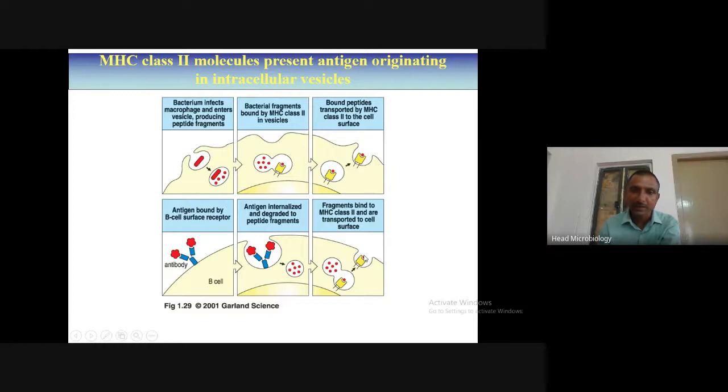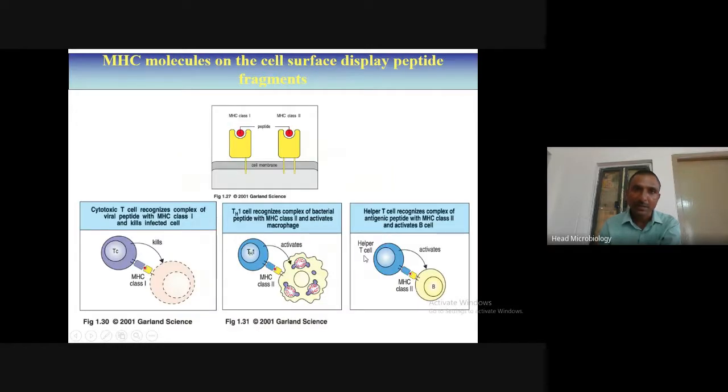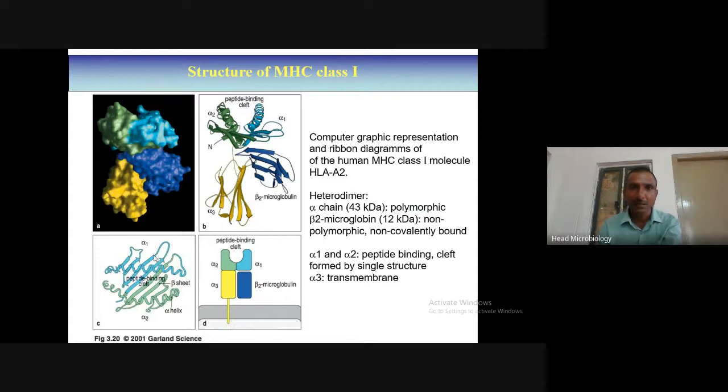Whatever the MHC may be, these concepts are like our pen and pen cap. When the structure is suitable, it will form complexes. When we are observing the structure of MHC1 and MHC2, this is very important. Only two slides are enough for the whole class. Coming to the MHC1 class structure,